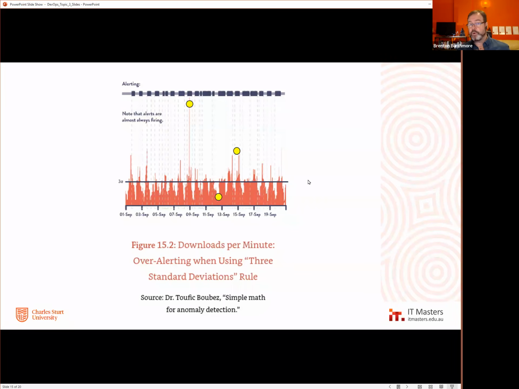Now, whether or not this means anything to what we're trying to do, that is for the analysis to determine. That is for operations, who might be saying, here's the report, and sitting with devs to say, okay, does this mean something? We're not too worried about this down here because it's not much of a variance. These things keep happening regularly, but they're not breaking anything. This thing broke something. So let's start there.